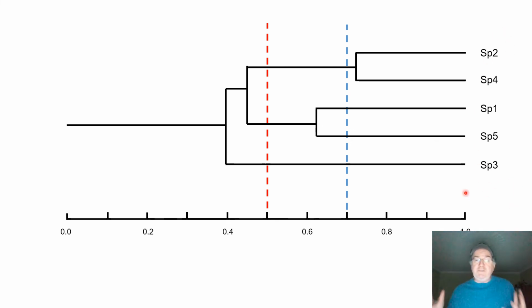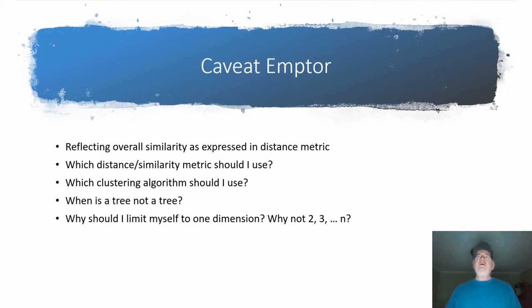So we would have explicit values. We would know exactly where to draw the line of where we should group the species into genera or in any higher taxon. So having said all that, and I've tried to say this emphasizing the positive aspects of phonetics, I guess it's time to give you some cautionary notes.